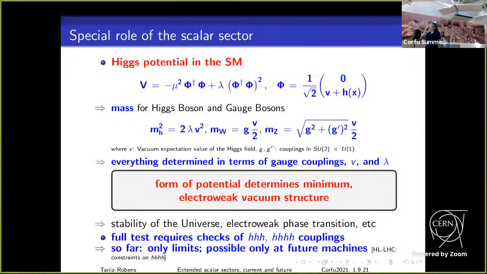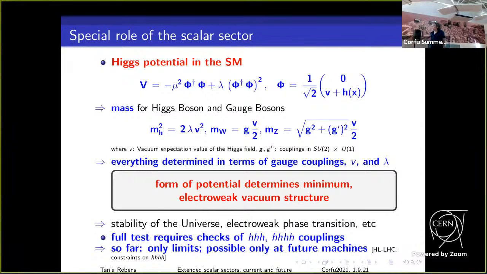Okay, what is the special role of the scalar sector? Again, I will more or less go through this because you all know it. So this is the Higgs potential in the standard model. The VEV basically causes masses for the Higgs boson and gauge boson couplings. Everything is determined in terms of gauge couplings, v and lambda. What is important here, I think, is that the form of the potential determines the minimum and the electroweak vacuum structure. This has important consequences, for example, for the stability of the universe, the electroweak phase transition, and so on. So when one says we already know everything and we have seen everything in the standard model, it's not completely correct, because what we